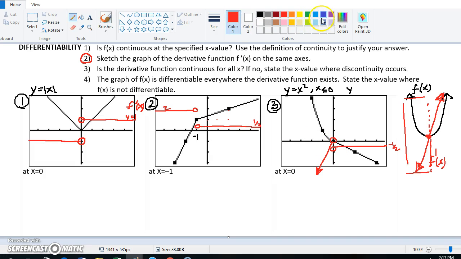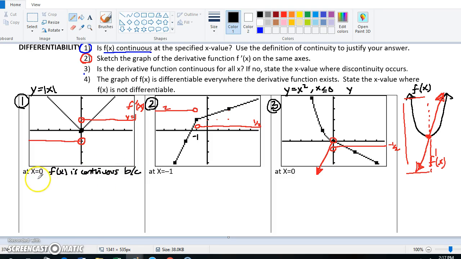Okay, staying with these three functions, let's take a look at continuity. So is f of x continuous at the specified x value? Let's justify our answers for this question. At x equals 0 on the f of x function, for number 1, is f of x continuous at x equals 0? Well, yes. So at x equals 0, f of x is continuous